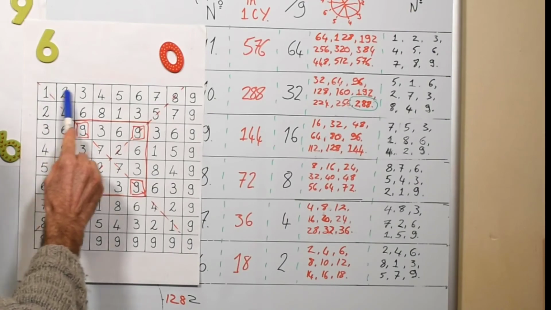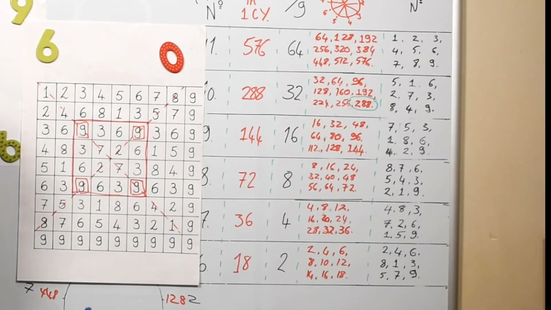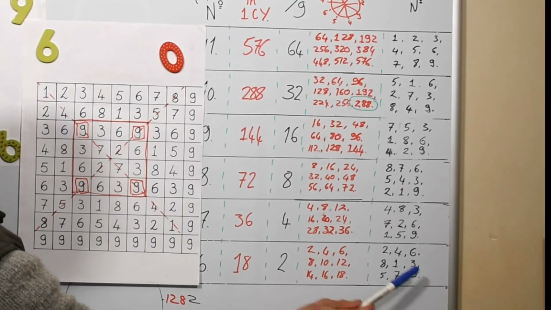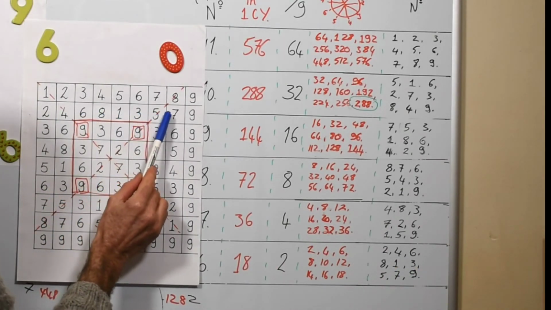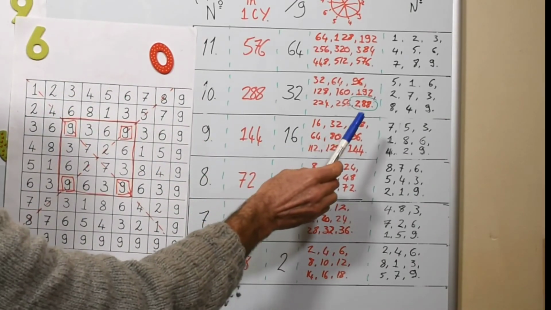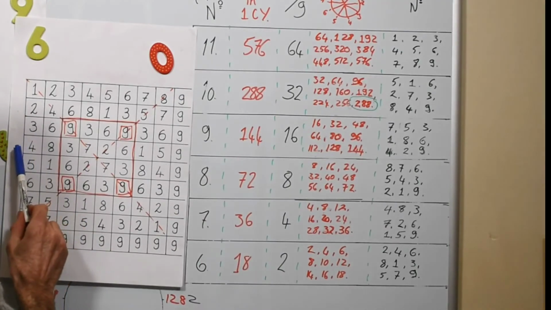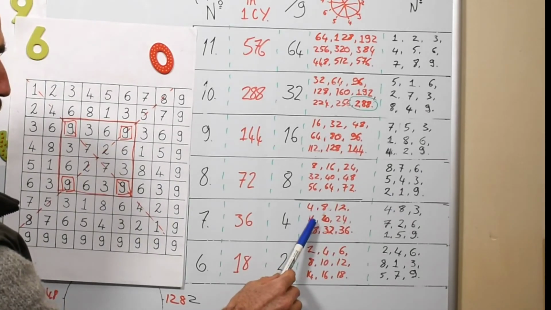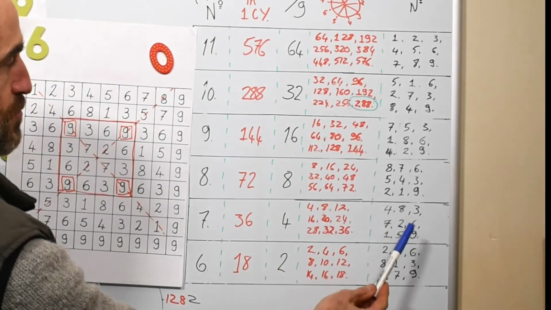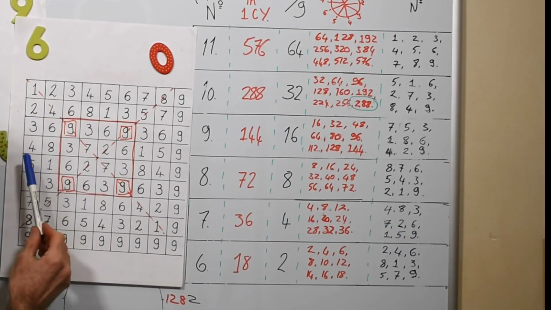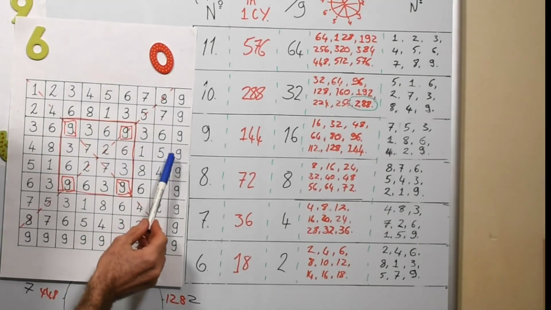So plane 11 corresponds here to the 1 times table. The 2 times table is found here down in plane 6: 2, 4, 6, 8, 1, 3, 5, 7, 9. Well, let's go this way. The 4 times table we have here, plane number 7: 4, 8, 12, 16, 20, 24, and so on, whose root numbers are 4, 8, 3, 7, 2, 6, 1, 5, 9, 4, 8, 3, 7, 2, 6, 1, 5, 9,